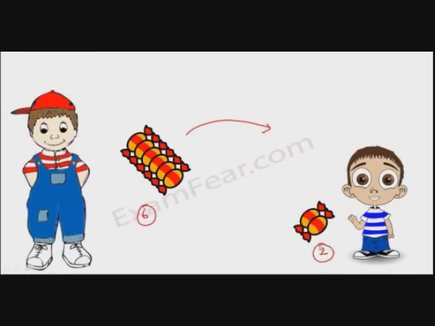Now, if I ask you how many toffees your elder brother had earlier, before giving them to you, it is a very simple problem and you can solve it very easily. You might say, okay, that's pretty easy. He must have had 8. 2 he gave to me, and so now he has 6. Now this sounds simple, but in a lot of cases where we deal with bigger numbers and more complicated situations, things are not that simple.